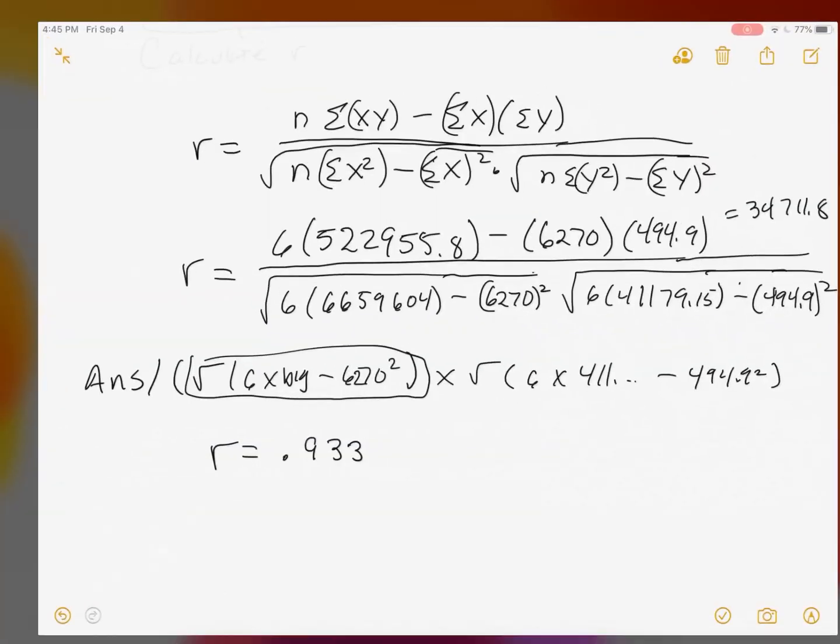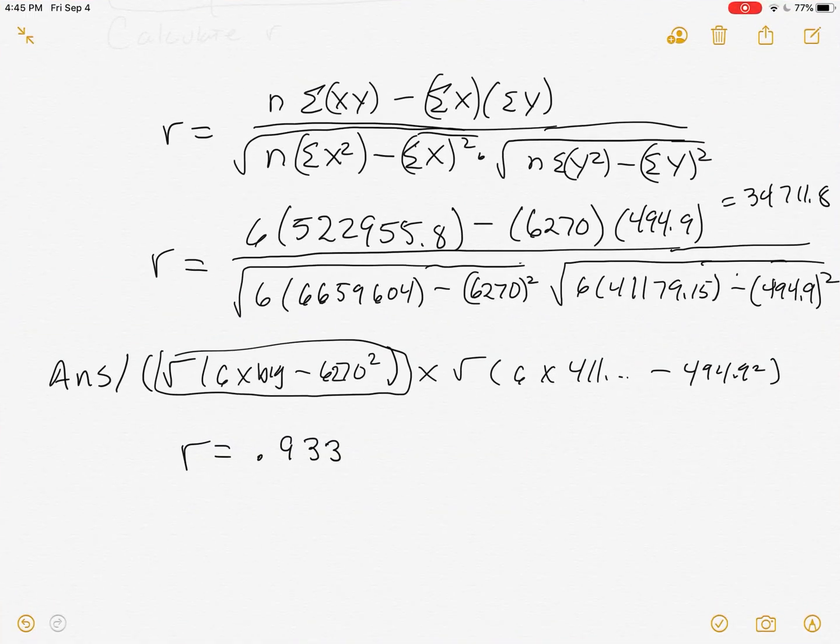So let me come back here and realize that in that chart, 0.707, our critical value, was the cutoff to say, well, you got to be closer than 0.707 to call it significantly correlated. So because 0.933 is bigger than 0.707 or closer to 1, there is significant linear correlation